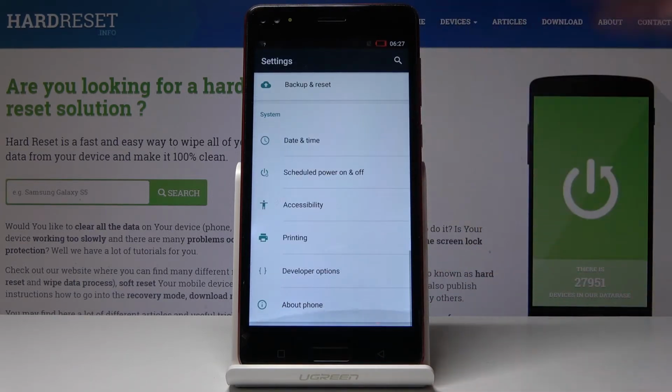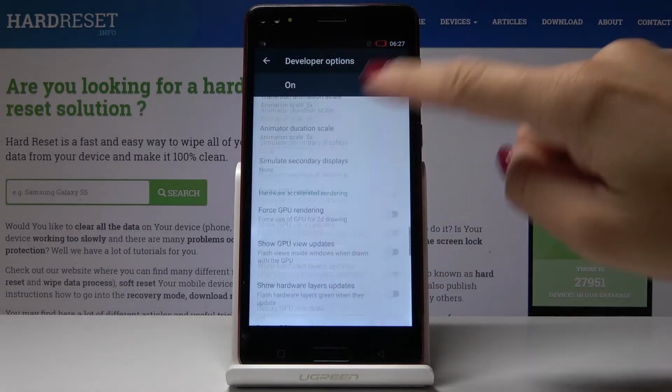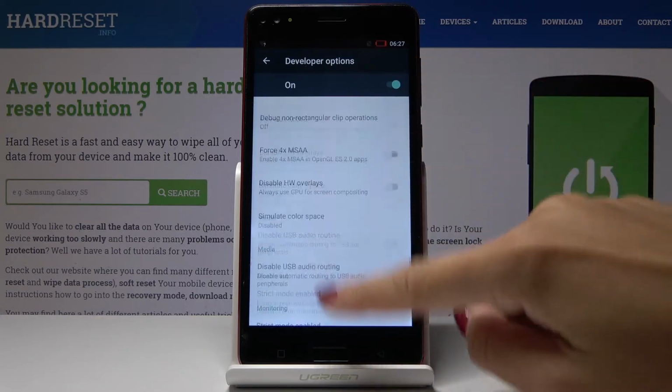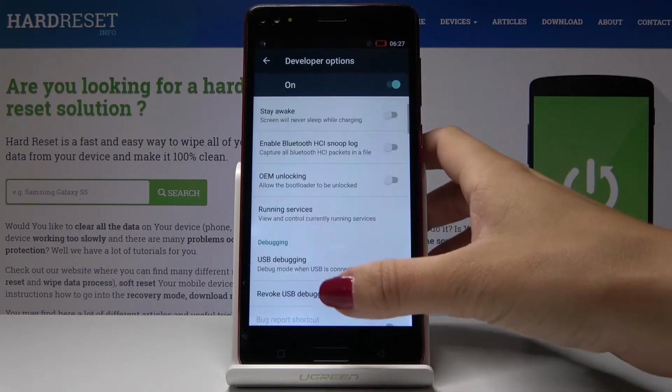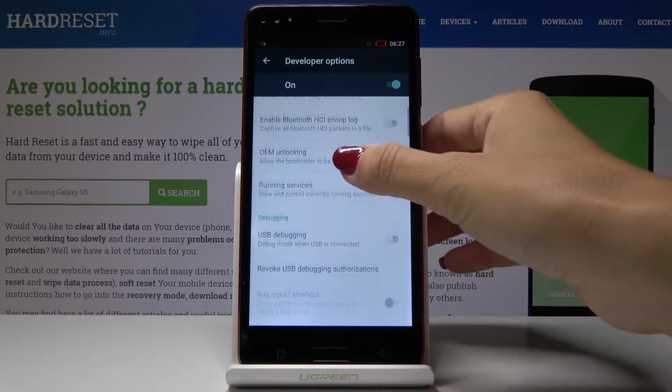And now just under printing, you will notice developer options. Tap on it to access all those options, and here you can come along with truly advanced features and tools. So for example, you can activate running services, stay awake, OEM unlocking or OTG connection, so it's all up to